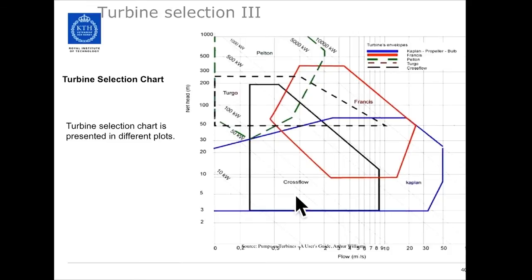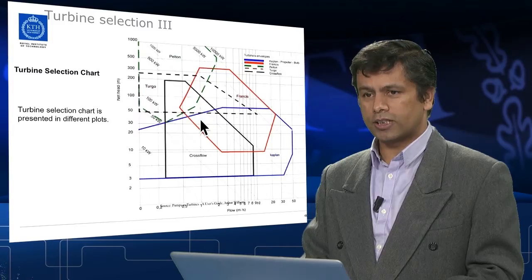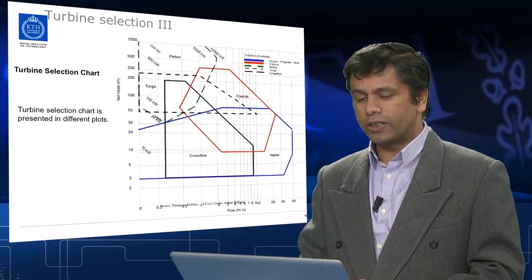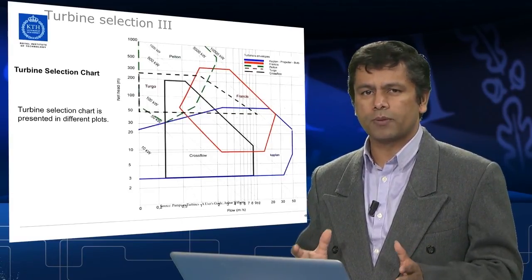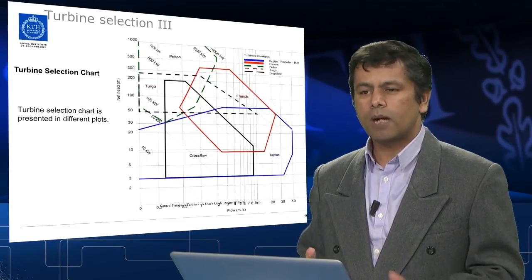For example, let's take a place where you have a flow of 1 meter cube per second and a head of 50 meters. In that case, many turbines can be used here, and the most suitable are the cross flow turbine and the Pelton turbine in this range. And the important thing to understand here is that not only this curve will determine the selection of turbine, but if two types of turbine are feasible in this particular range, then you have to also look at the